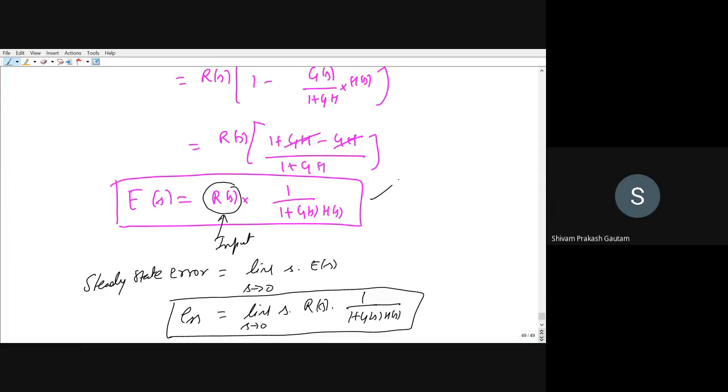So we have calculated error from here, and we are calculating steady state error from the final value theorem. That is equal to limit s tends to 0, s into E of s. And what is the steady state error in time domain? How do you calculate it in time domain? Limit t tends to infinity e(t), right? That is limit t tends to infinity, e(t) is what? r(t) minus c(t), is it not? We have seen this in the previous lecture. So for now, just keep this in mind. The steady state error will be equal to limit s tends to 0, s into R(s) into 1 upon 1 plus G(s) into H(s).